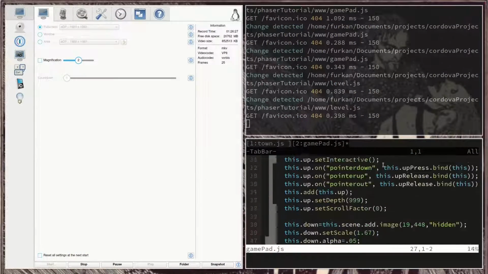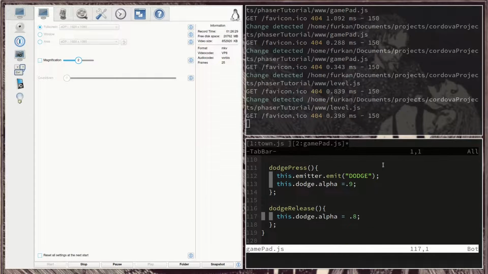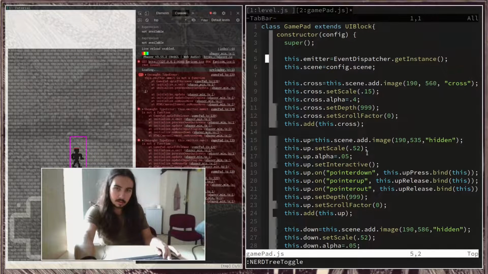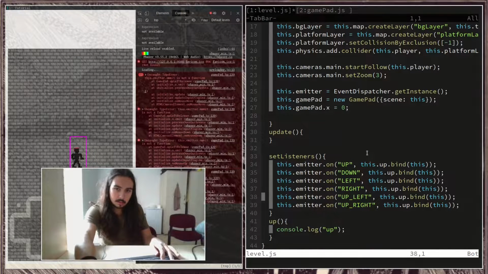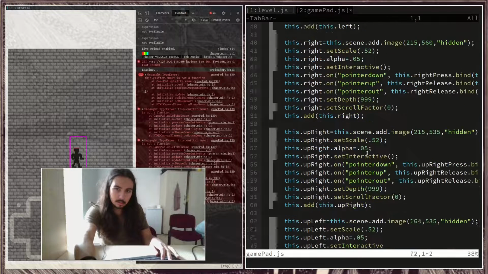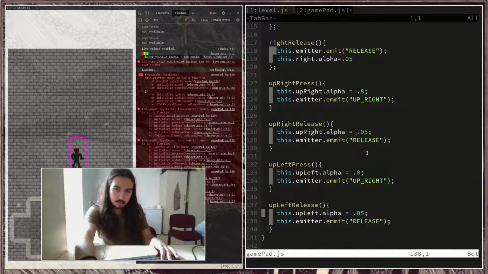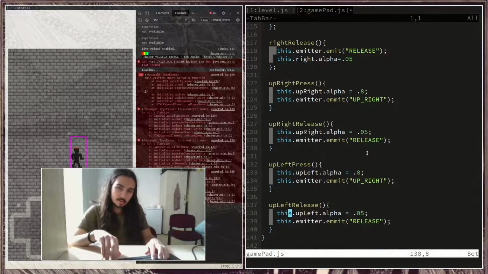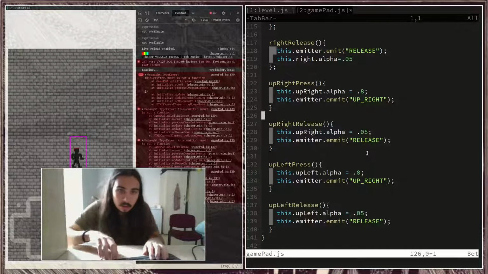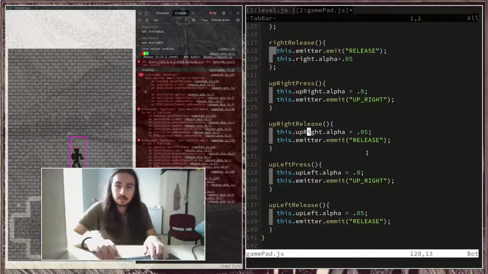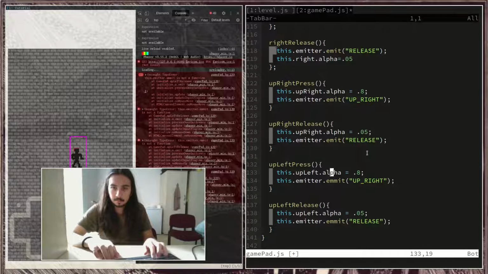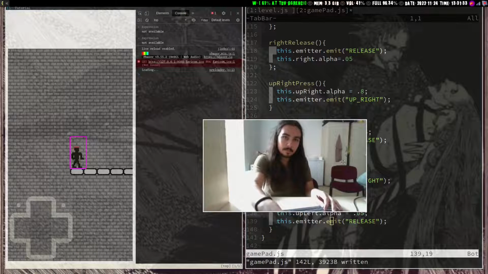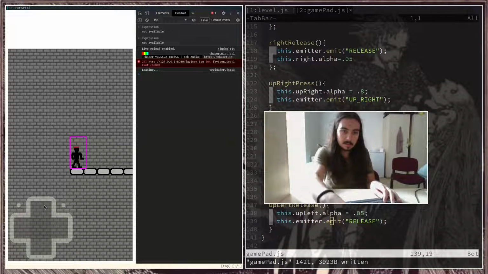Event dispatcher emitter dot emit. This must be working. Oh, I used 2 amps here. Sorry. Okay. Now if we press up, as you can see,